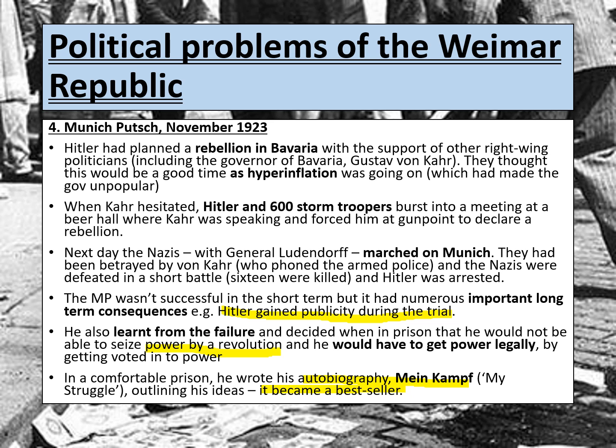And so Hitler had decided after this point that he was going to have to get power legally. Now, what this meant is he was going to have to win the people over democratically by gaining their votes. And this was the only way he knew the Nazis were going to be able to gain political power and control. And so actually, again, Munich Putsch was an important turning point for the Nazi Party overall.